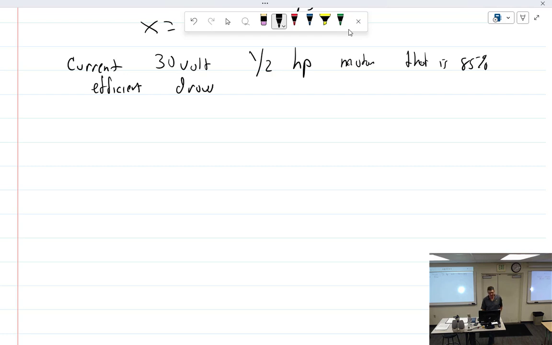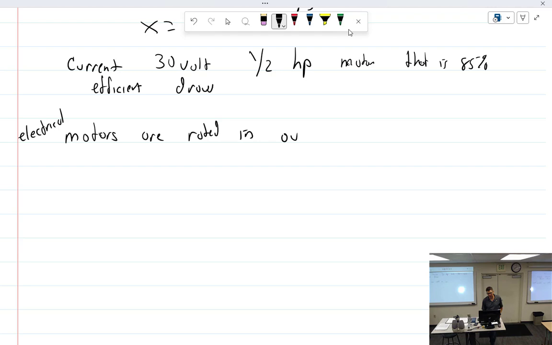Motors are rated in output. So electrical motors, technically, a motor is an electrical thing. An engine is a gasoline thing, even though my aircraft has a Continental Motors produced engine. So electrical motors are rated